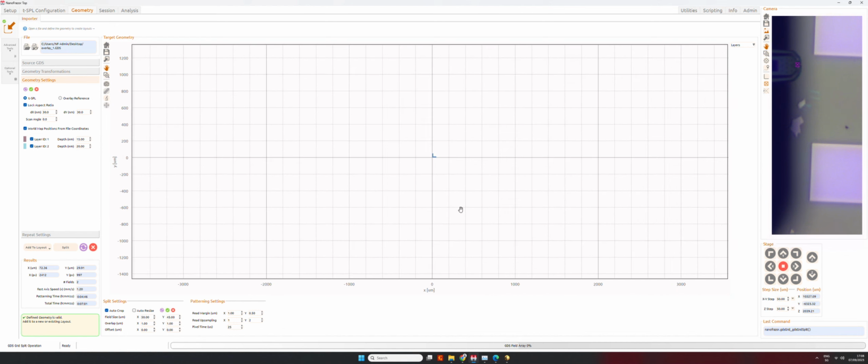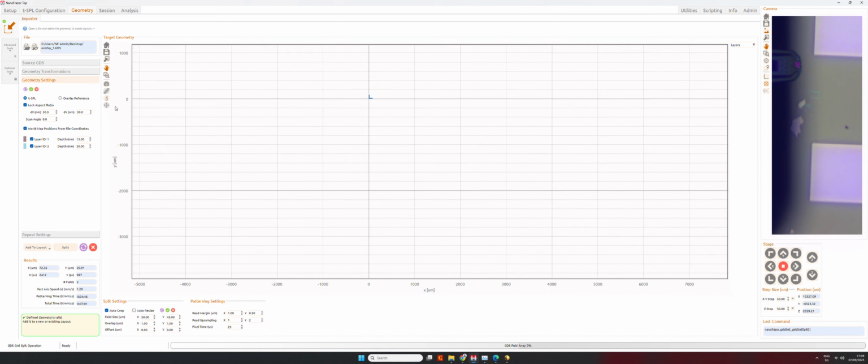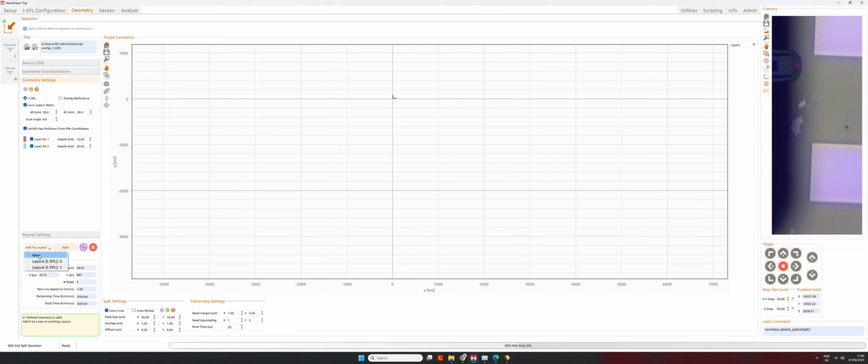Sorry, I got lost. It's easy to get lost in this case. But anyway, this will place the design exactly where we want it on top of our flakes.